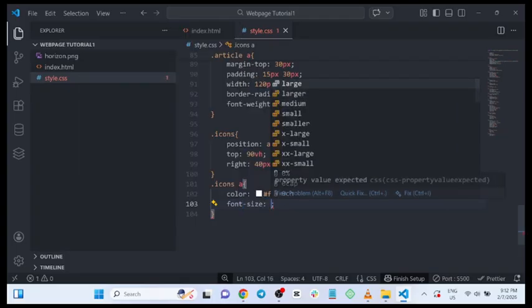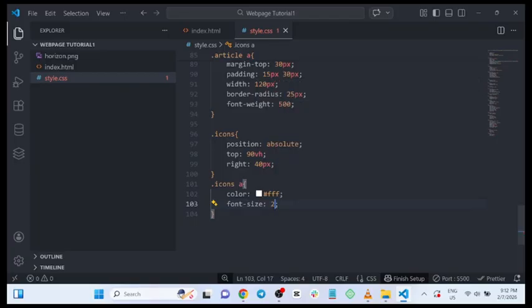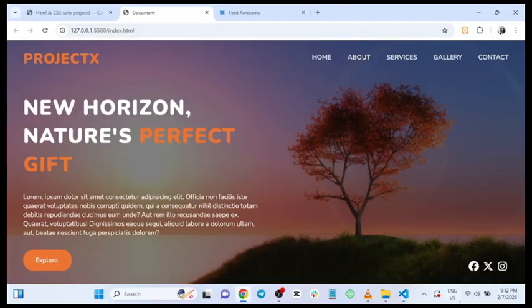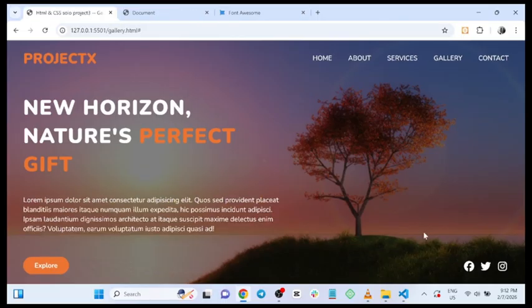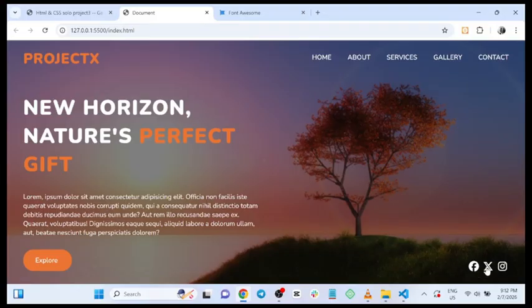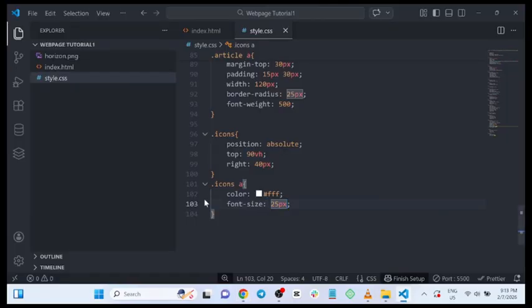I'm giving it a font size of 25 pixels. Then of course too, just like we did here, we'll pick these two apart from the last one, then give it a margin left and right of 10 pixels. So let's go. We'll come right here,